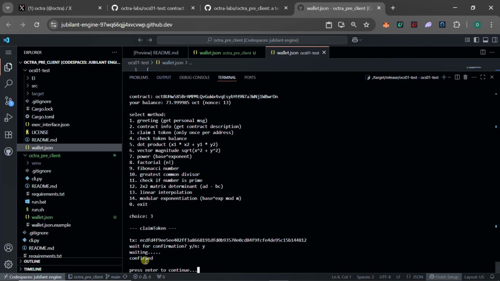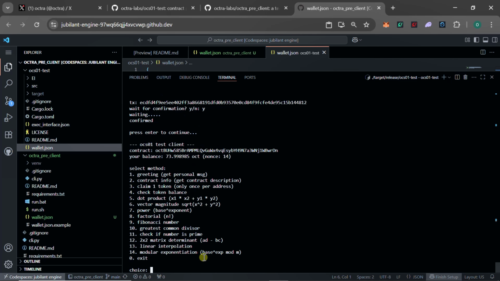So confirmed, you can see the confirmed, right? That means the transaction is successful and I have received my test token. So the next thing I'm going to do is press enter to continue. So you can use